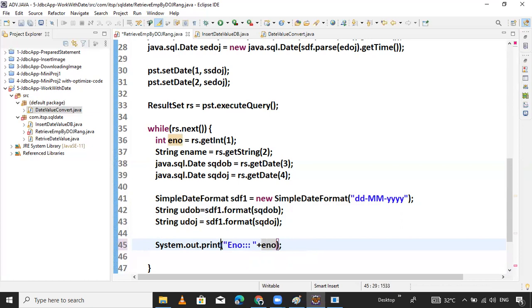Let's print in the same line. Now, system out, employee name plus.